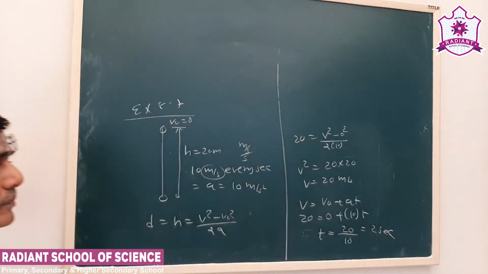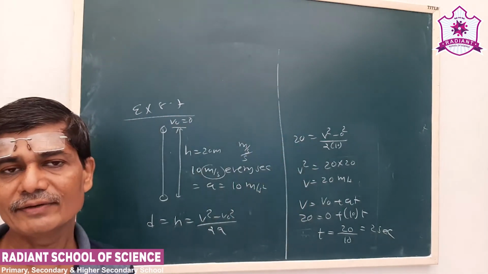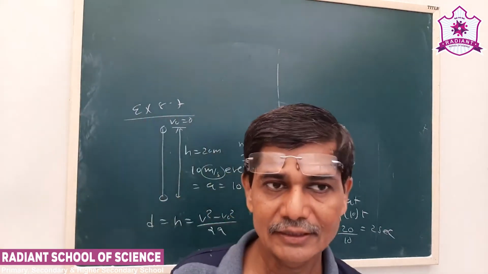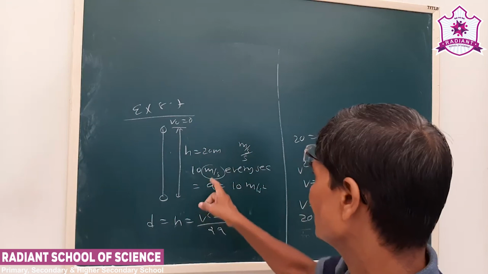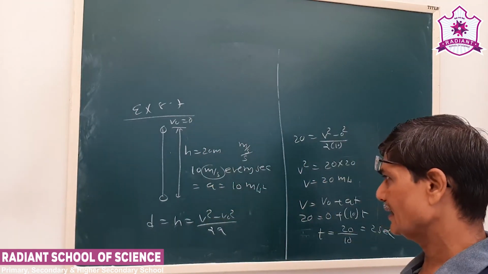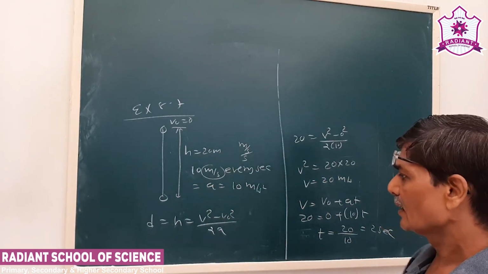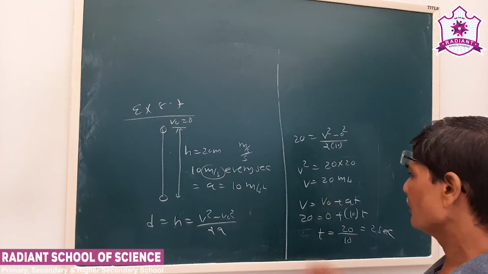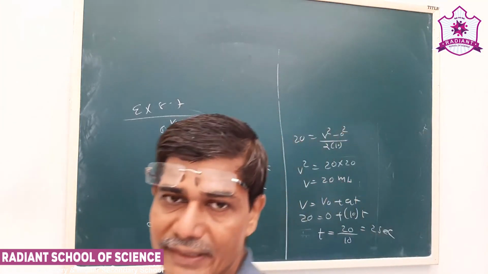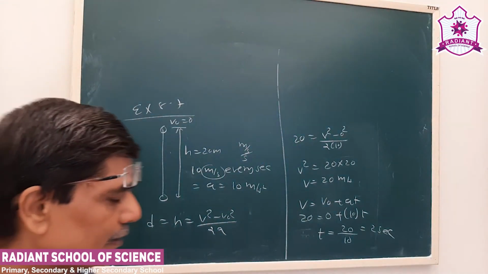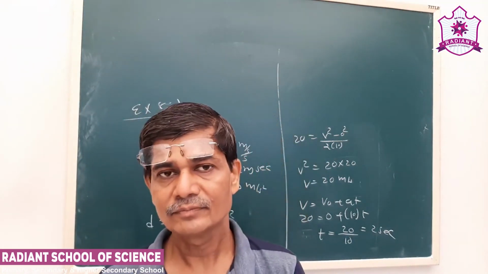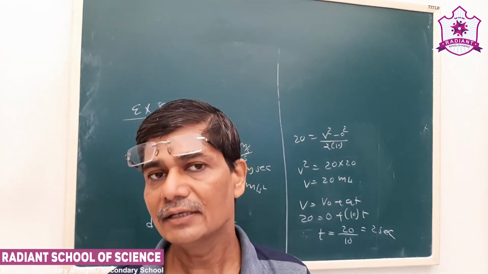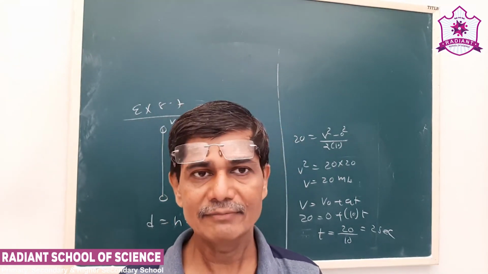So this is a case of a free falling object. One day we'll discuss this. But right now, see here, the height is given as 20 meters, and velocity increases 10 meter per second every second; there is acceleration. So by using the formula, we obtain the value of velocity as 20 meter per second and the time as 2 seconds. So this is all about today's class. We have covered some of the examples and exercise numericals. Next time we'll proceed further.